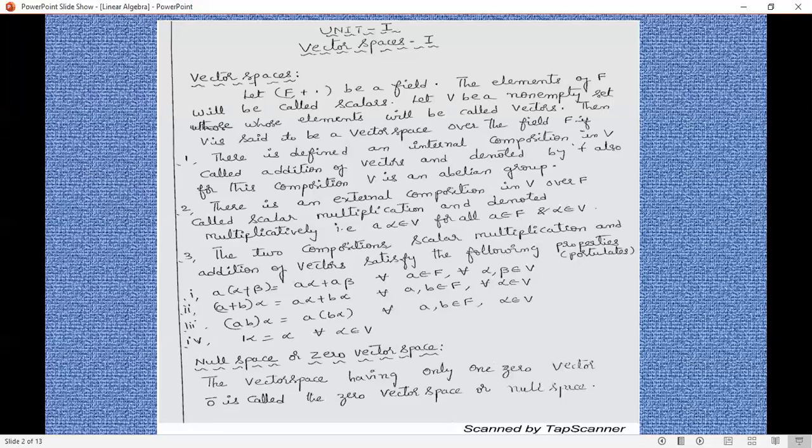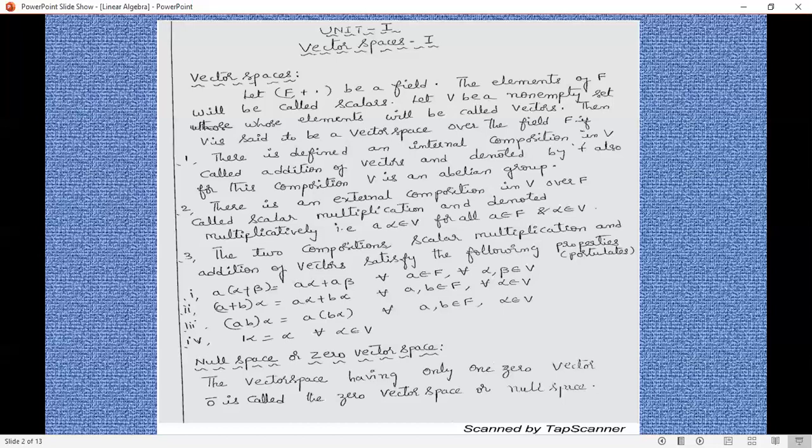Okay, what is a vector space? In a vector space we are using one field, which we represent just by F. The field satisfies the commutative law, that is ab = ba for all a, b belongs to F, and unity exists in the field. That means 1 belongs to F, that is a · 1 = 1 · a = a. The last one is that every non-zero element in F is invertible, that is a not equal to 0 belongs to F implies a · a inverse = a inverse · a = 1.